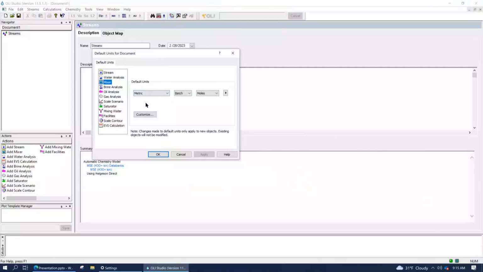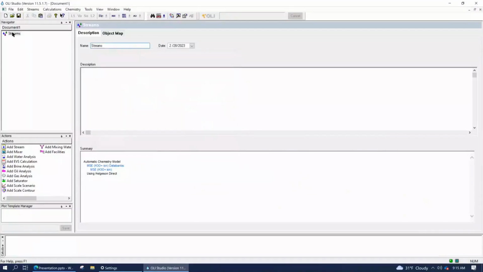Okay, so the value of the top level streams is that it gives you a place where you can make changes to your file before you create anything. So whenever you're creating an object or a calculation, it's got either the right chemistry or the right naming or the right units that you want. Okay, let me just continue with that just for a second.